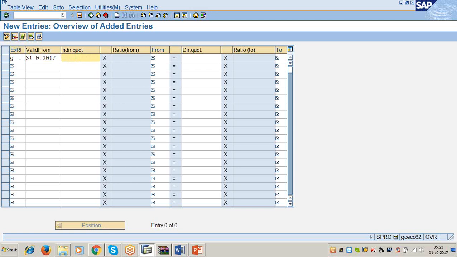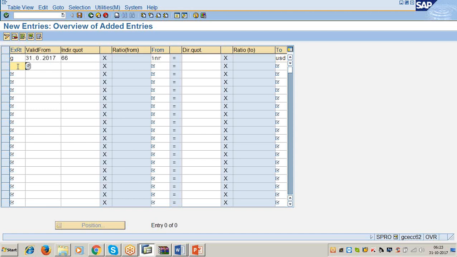Indirect quotation 66. From is equal to INR to USD. So if your company code is in US, your currency will be US dollar. In that case, INR will be your foreign currency. That's why from currency INR to currency USD.